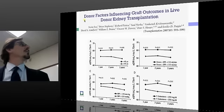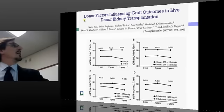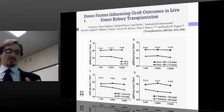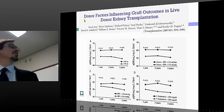So in fact, one of the fellows working with me a few years ago, now he's staff at the University of Minnesota, we looked at different factors that are part of the metabolic syndrome. Metabolic syndrome is composed of hypertension, high triglycerides, low HDL, high glucose, and high BMI or weight. And as you can see here, the GFR of the recipients receiving kidneys from donors who were young versus old had a different GFR. This is in